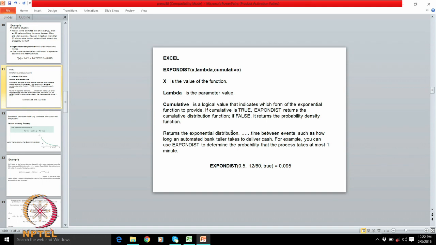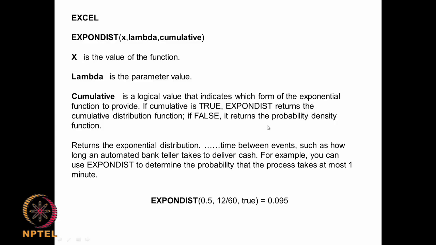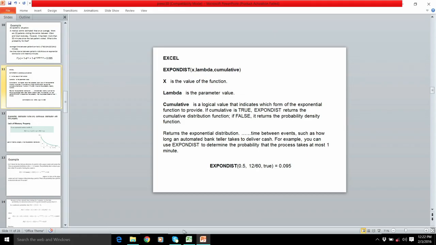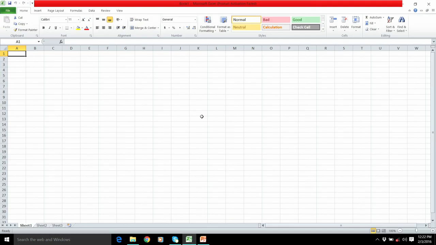So, the Excel function is EXPON.DIST(x, lambda, cumulative), where cumulative could be either true or false. So, let us look at that Excel function. We go to Excel and type EXPON.DIST,